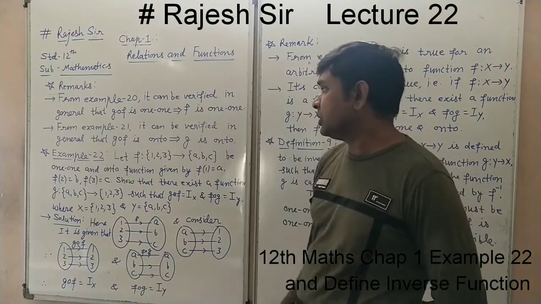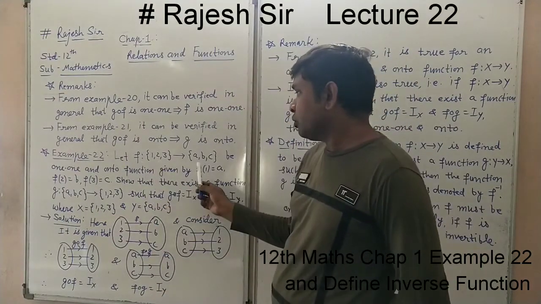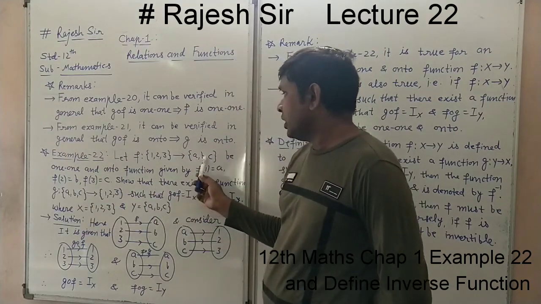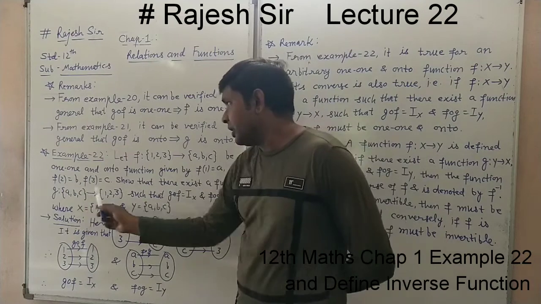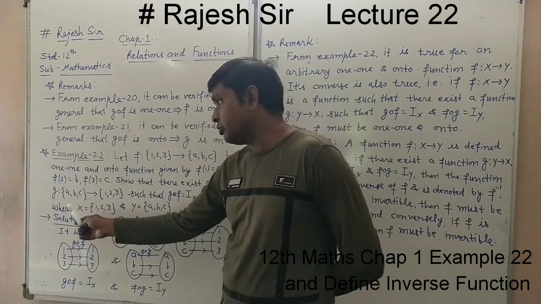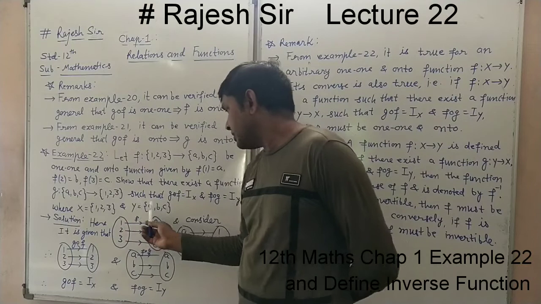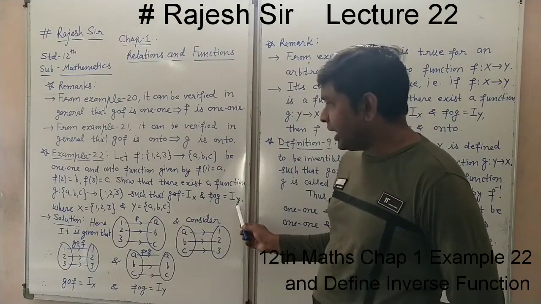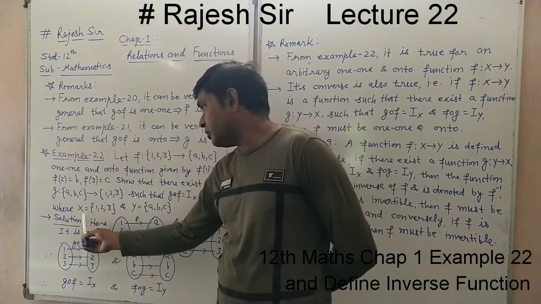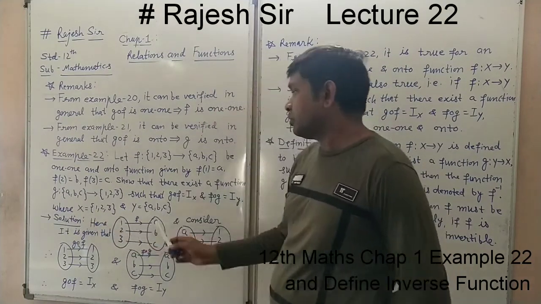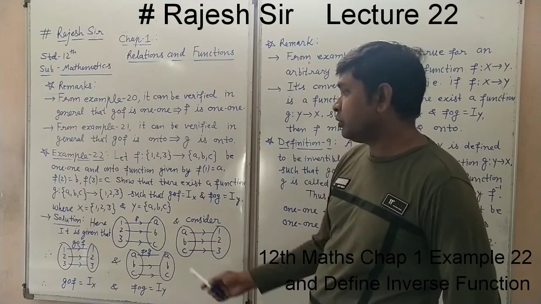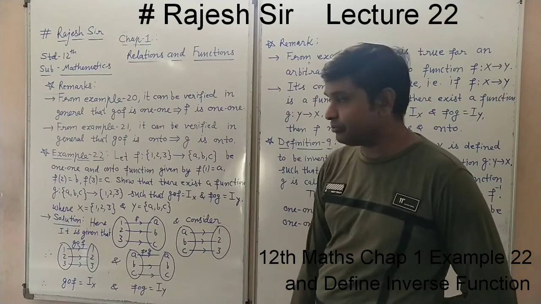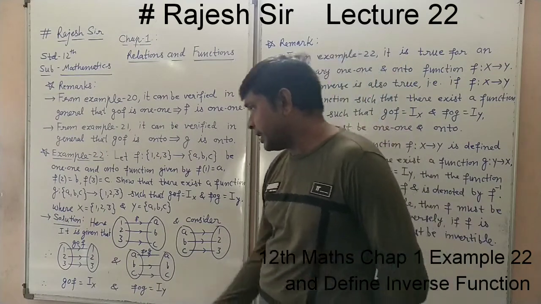One thing you note here: in f, what is the domain and codomain. Now in g, f's codomain becomes the domain and f's domain becomes the codomain. So it is reversed, such that GOF equals Ix and FOG equals Iy, where X equals {1, 2, 3} and Y equals {a, b, c}. This we have to show. So it has a very simple solution.